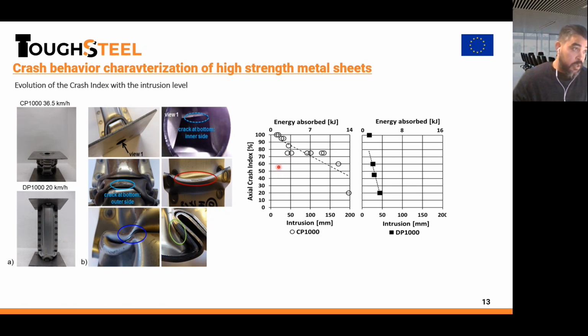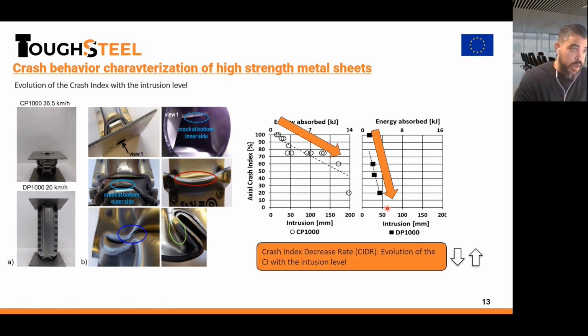What we did was to plot this crash index as a function of the intrusion level. And here we define a new parameter, which is this crash index decrease rate. This crash index decrease rate, which is represented by this slope of the crash index as a function of the intrusion, represents the damage tolerance of the material, or how fast the cracks propagate through the